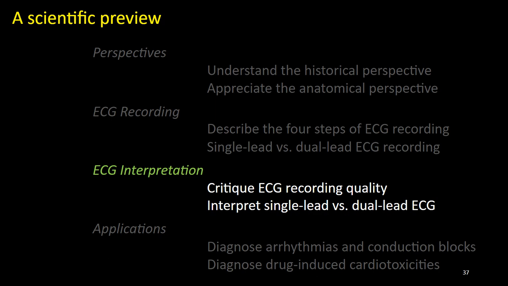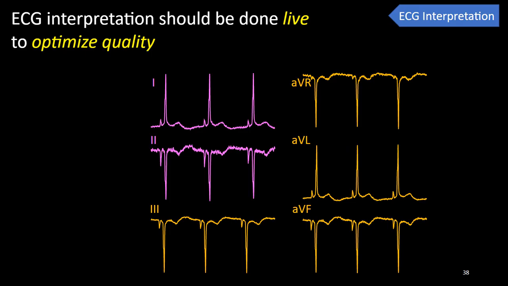But what can we do to increase signal amplitudes? Due to biological variations in how the heart hangs inside the fish chest, which in turn affect orientation of the heart axis, lead repositioning may be needed to align the leads with the heart axis to maximize voltage amplitudes, particularly of the T wave, which is notoriously the smallest of the 3 fish ECG waveforms. And the best chance to optimize lead positioning is during live ECG interpretation of initial ECG traces.